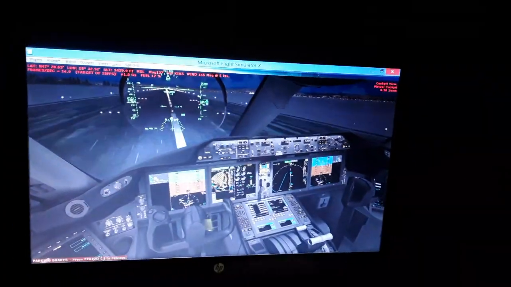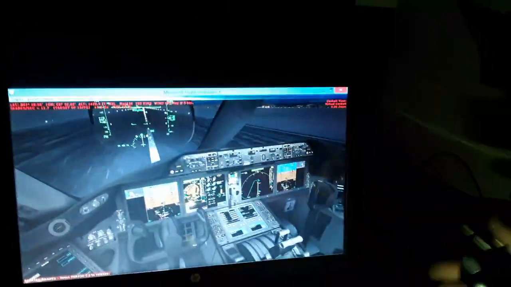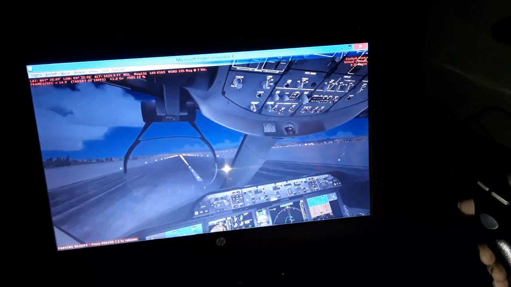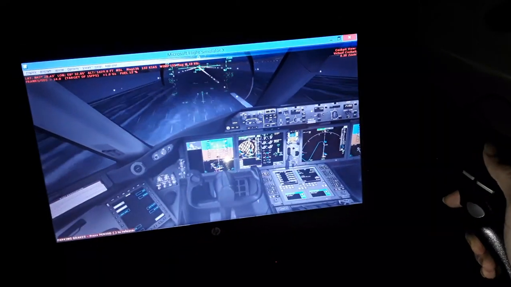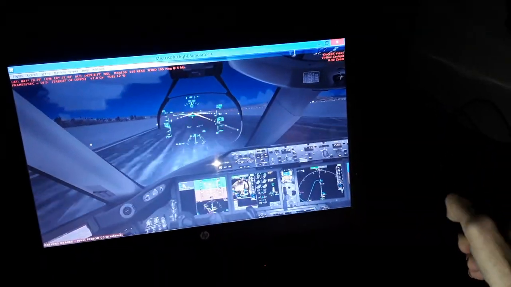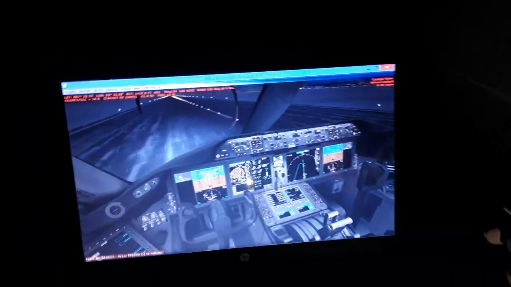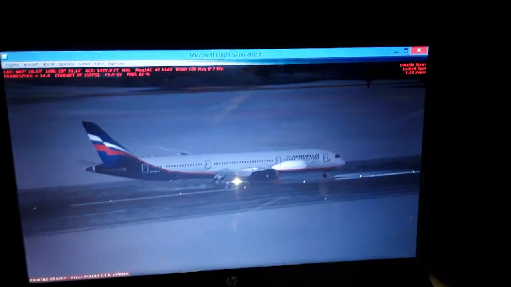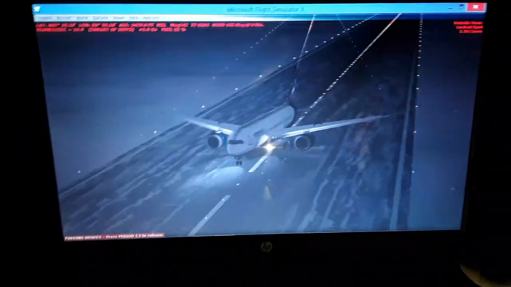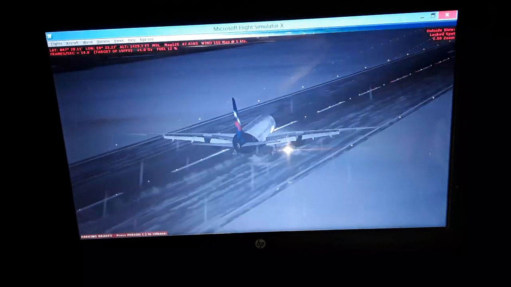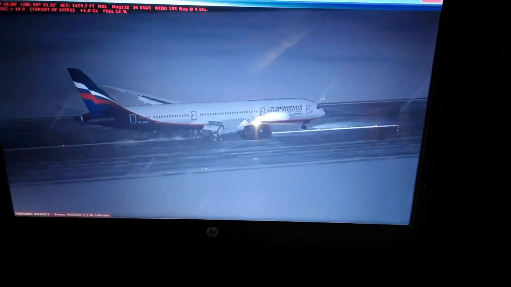Idle thrust, parking brakes, and thrust reversers. So we're slowing down, aligning with the right rudder and left rudder when we need the runway heading. So here we are, just slowing down the aircraft on the runway. Very beautiful. Touchdown. Left rudder now. And right rudder. So you can see all landing